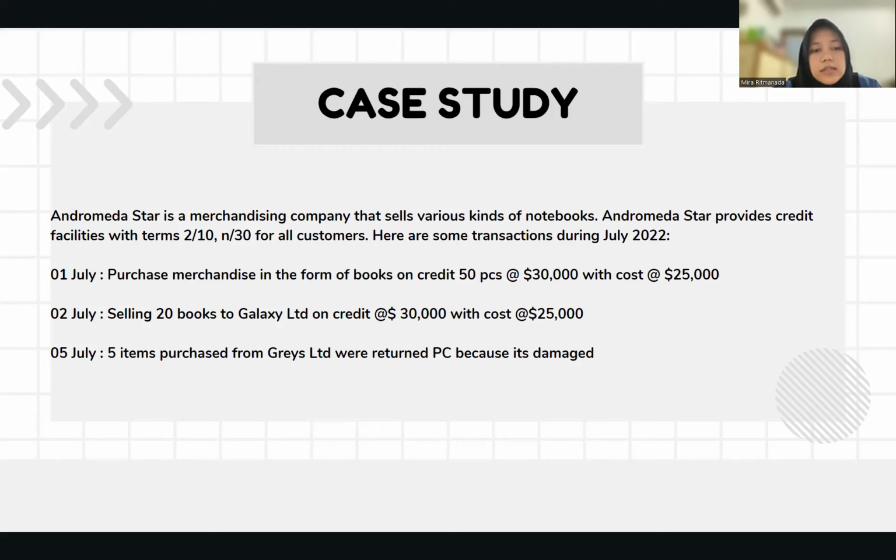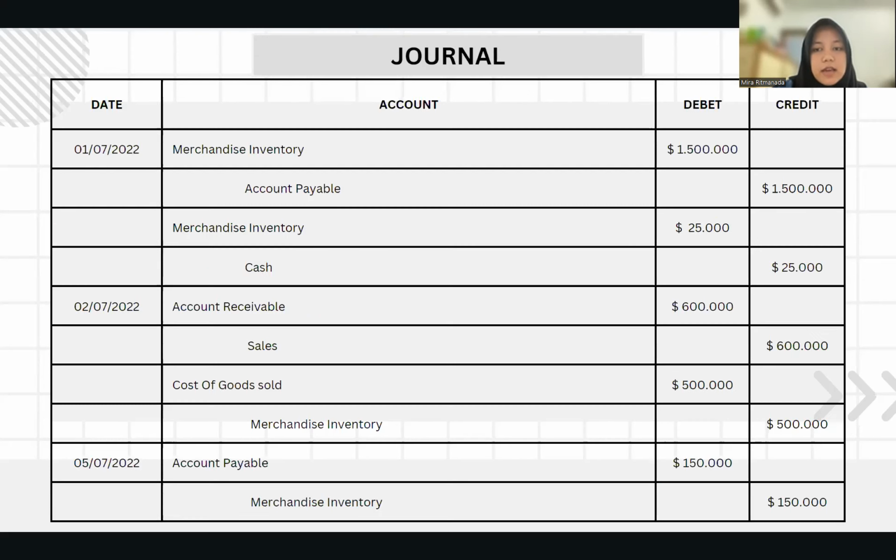It will be recorded as accounts receivable on debit and sales revenue on credit, each increasing by $600,000 because it uses a perpetual recording system. So we have to journalize the cost of goods sold on debit while the merchandise inventory on credit by the amount of